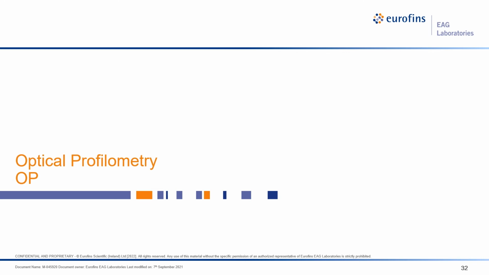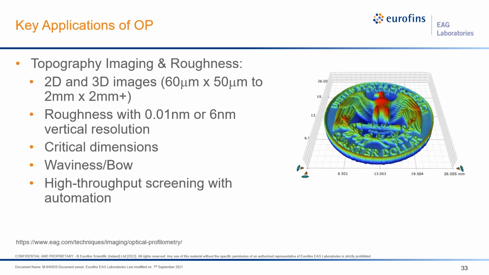Now we'll switch gears and review optical profilometry, which again is sometimes called different names like white light interferometry. Although we won't be covering it today, we also offer stylus profilometry as an alternative to OP. OP provides similar output to AFM, meaning topographic images and roughness statistics. OP images are from larger areas. The smallest area is 60 micron by 50 micron, which is around where the